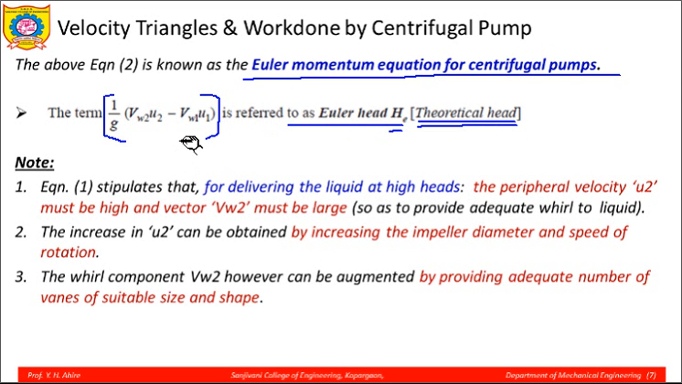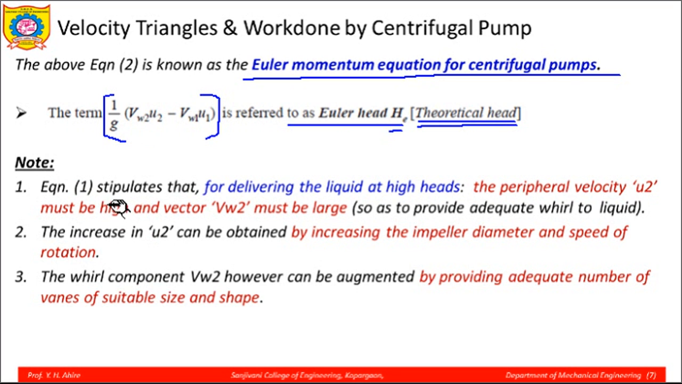Why is it called Euler's head? Because the term has a unit of meter and it represents the pressure head imparted by the centrifugal pump impeller onto the liquid that is being handled by the pump. Note the equation number 1, that is